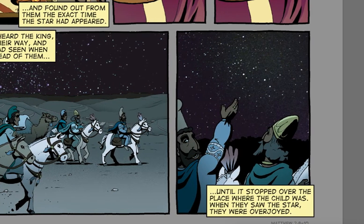Then this last panel, it says, "until it stood over the place where the child was and saw the star, they were overjoyed." Now, the way I've presented it is the way that it reads, which is that they leave and they go to Bethlehem. That's your assumption. It's possible that that's not the case, but what I've done is show it in a way that kind of implies that that is the case, but could not be. And the other theory is that they don't go...